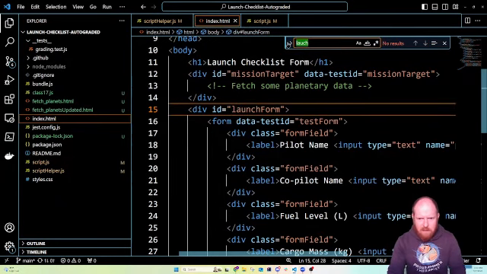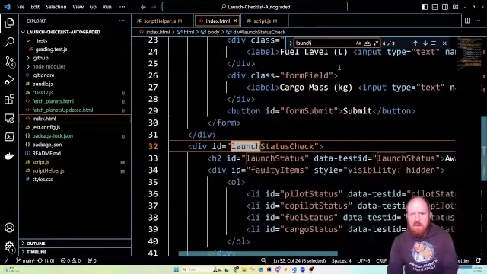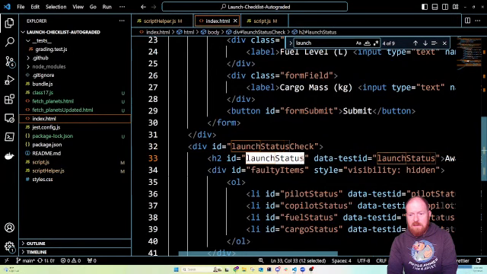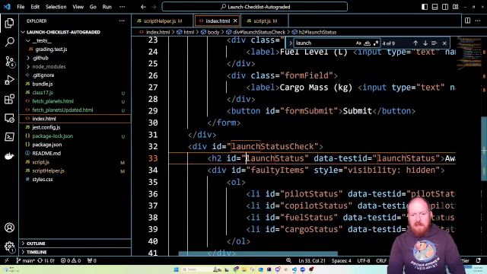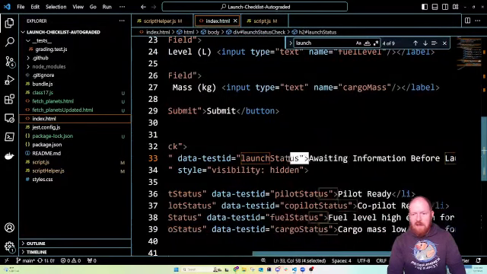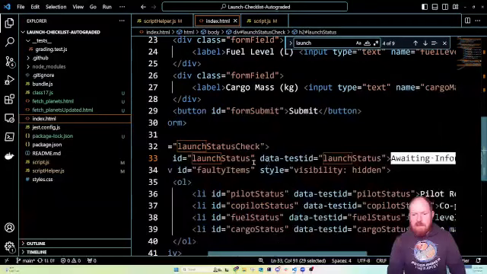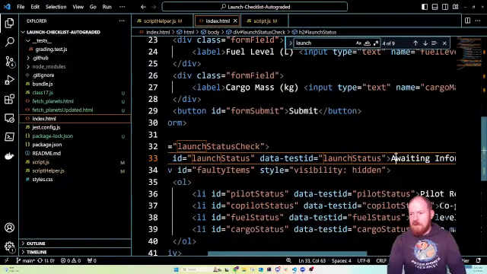Did I 100% misspell that? Oh my goodness. So this says ID of launch status. So when it says change the text of launch status, your text status right now says awaiting information before launch. And so you need to change that text, do the .innerHTML, and change the text